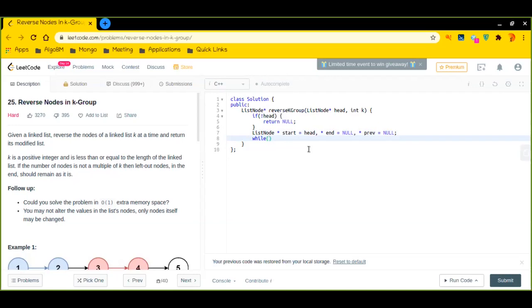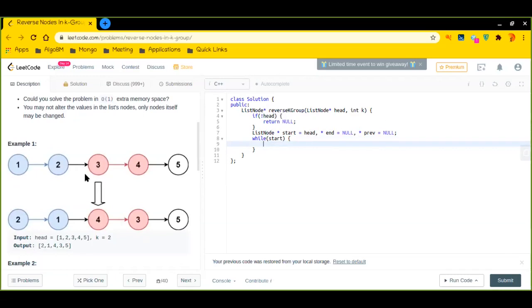First of all, I should iterate while start is not null, that is, while start is pointing to some valid node. In the very beginning, I'll first make sure that end points to the next node before we disconnect this particular connection.